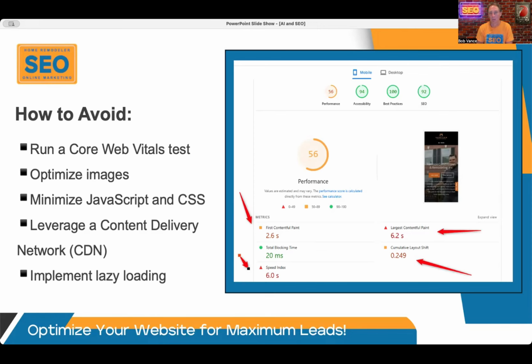That's, again, it gets a little geeky, so I don't want to go down too many rabbit holes here. But what we're trying to do is just make sure that things are loading quickly. Implement lazy loading so that off-screen images and videos only load when needed. They're not going to drag down your loading speed. We call it lazy loading because it's not needed all the time, so don't load it, because it just slows down that first website load when someone comes to your website for the first time.